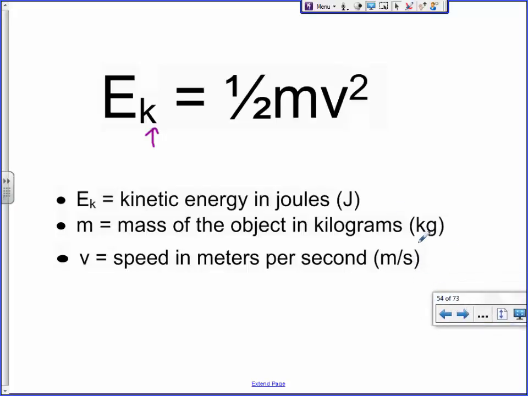Once you know how to use your formula, it sure helps if you know how to do your units though, right? So if it helps for canceling, remember a joule is really a Newton meter. But a Newton is a kilogram meter per second squared, still times by the other meter. So if that helps when you're trying to look at your units.